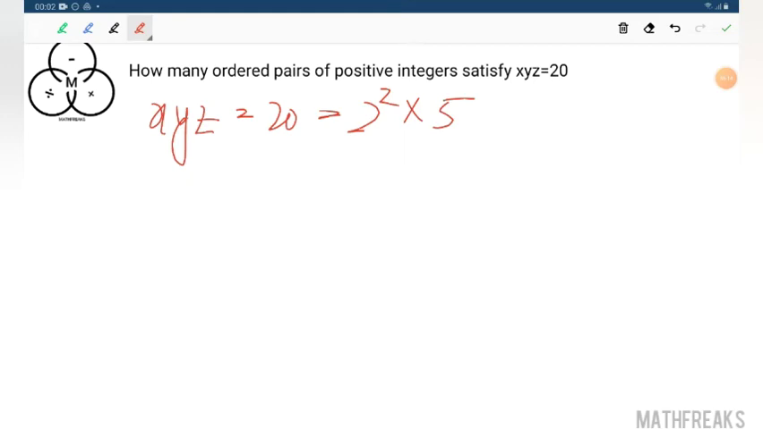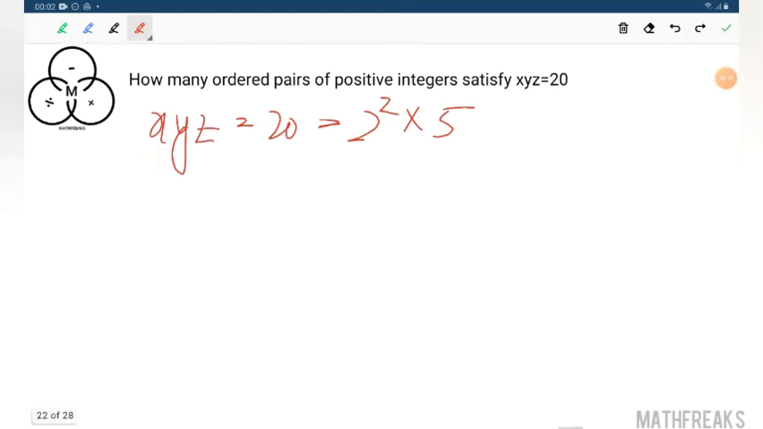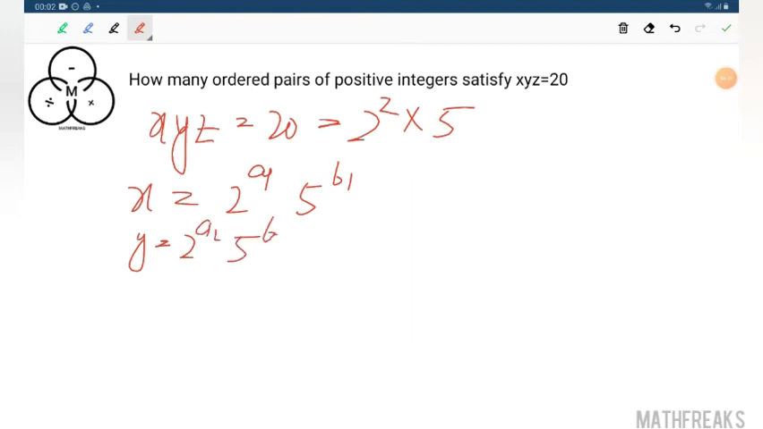Now this xyz can be written as: x can be considered as 2 to the power a1, 5 to the power b1. y can be considered as 2 to the power a2, 5 to the power b2. z can be considered as 2 to the power a3, 5 to the power b3. Now we'll start with this case,